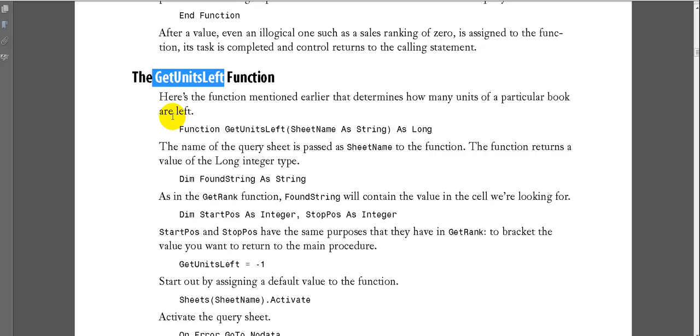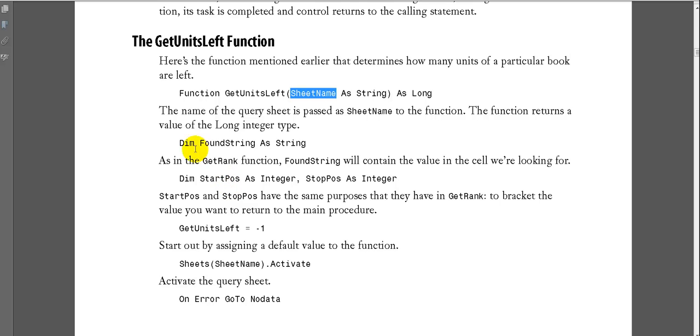Okay, here's the function mentioned earlier that determines how many units of a particular book are left. It's a function and it's long, which means the output is of type long. The name of the query sheet is passed as a sheet name to the function. The function returns a value of long integer type. So the first thing is this is declared,